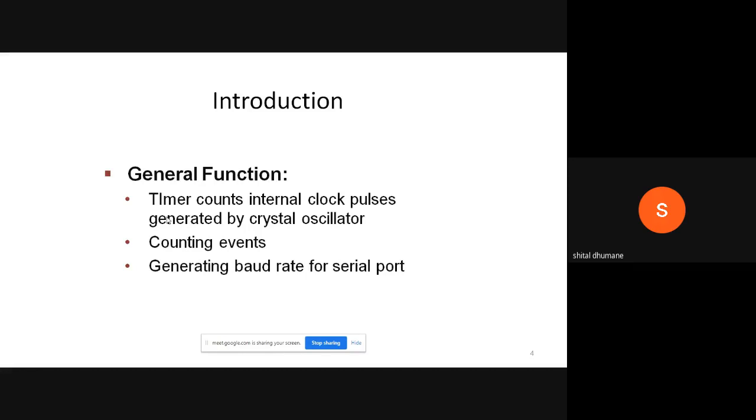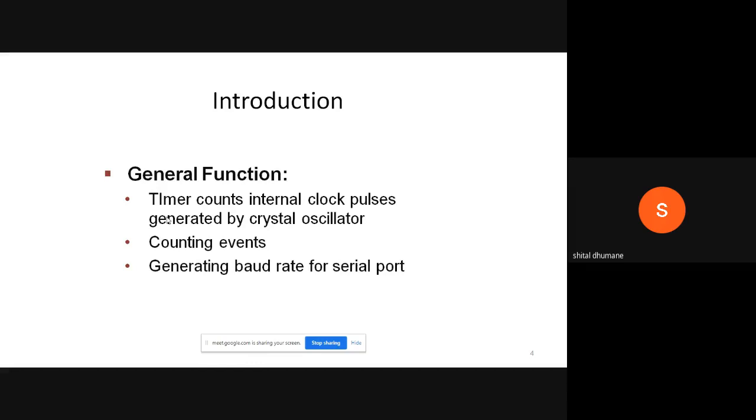Now, what do you mean by the counter? In the 8051, if any external clock pulses, or we can say interrupts also, are there on your pins, those external clock pulses or events will be counted by the counter.